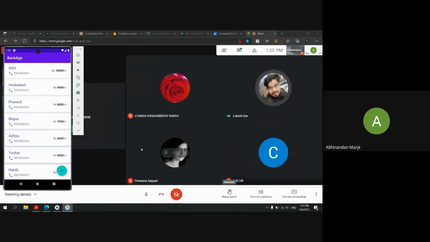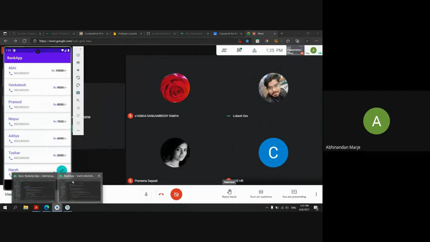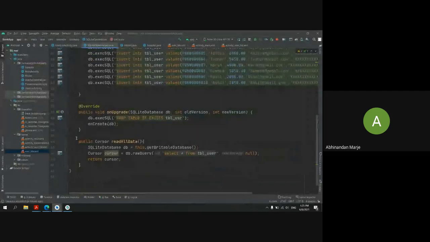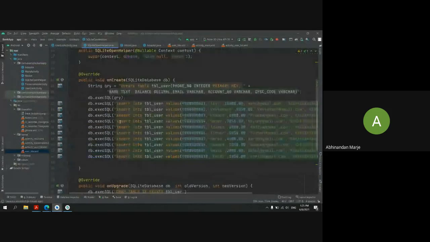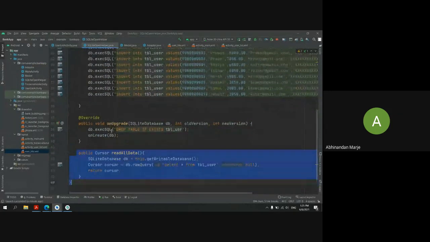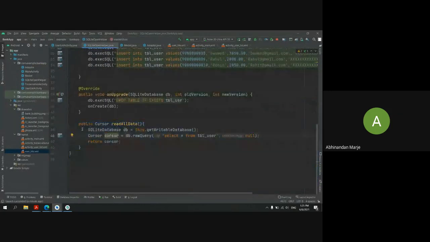Yes, sir. Okay, now the first thing which we left here: we have created our database and our onUpgrade method, but we have not included this method. The first thing I want to do is mention this method in which the return type will be our cursor, which is used to read the data from our database.